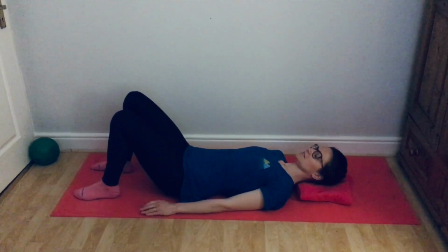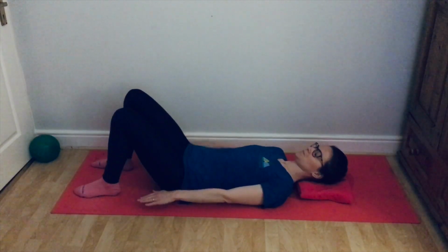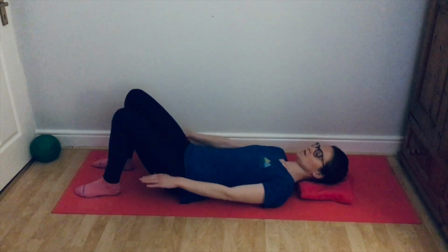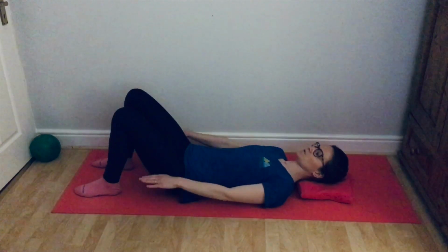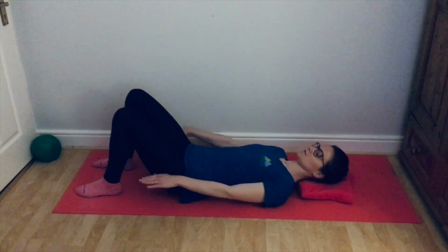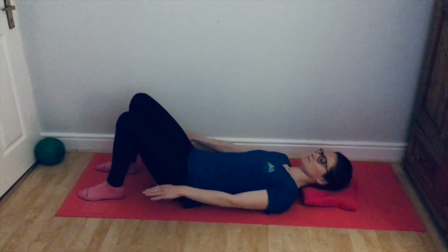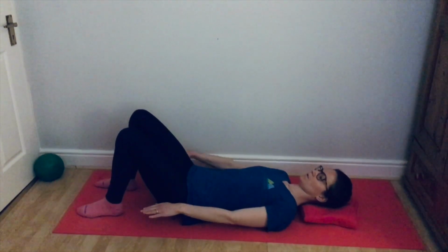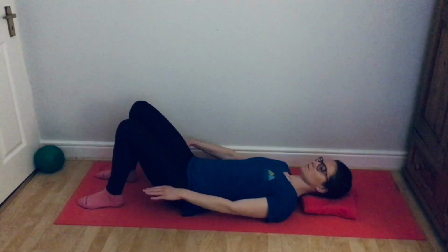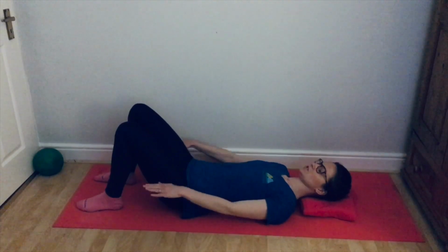From here we're going to start to add little pulses, just to gently challenge the abdominals and those deep tummy muscles that we're looking to get firing. So we're going to aim to inhale for 5 pulses and exhale for 5 pulses. Just small little pulses,